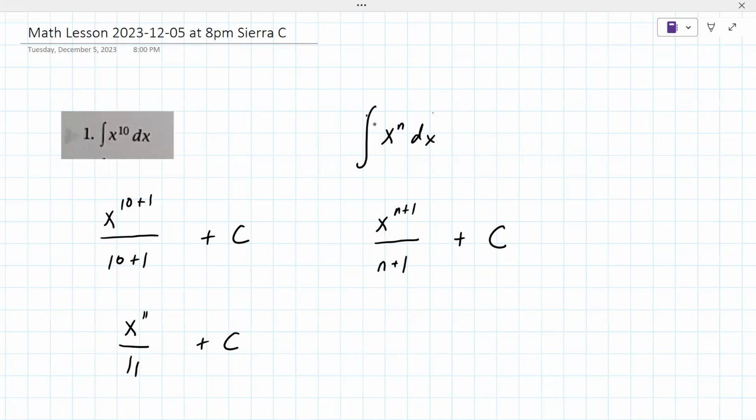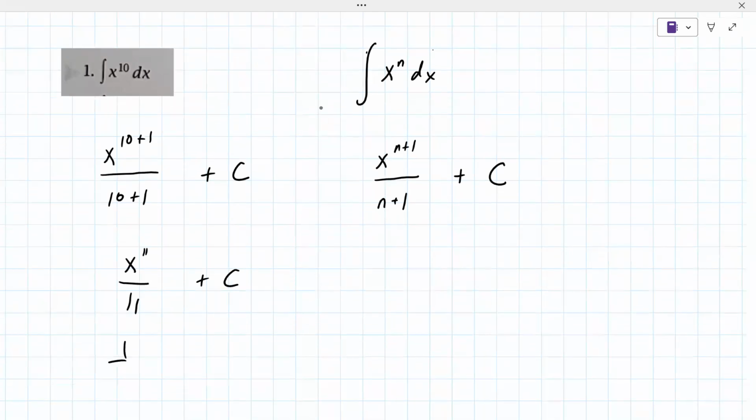All right, so some students write it as like 1 over 11, x to the 11. You might see that in the back of the book. There's a lot of ways to write it, but that is it. I mean, that is the rule that we're going to be using a lot of, and then we'll do a bunch more here, of course. Okay. So the next problem here,